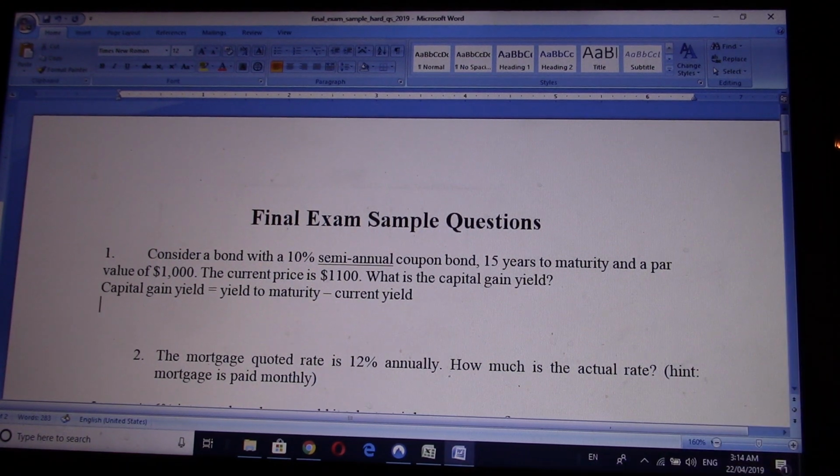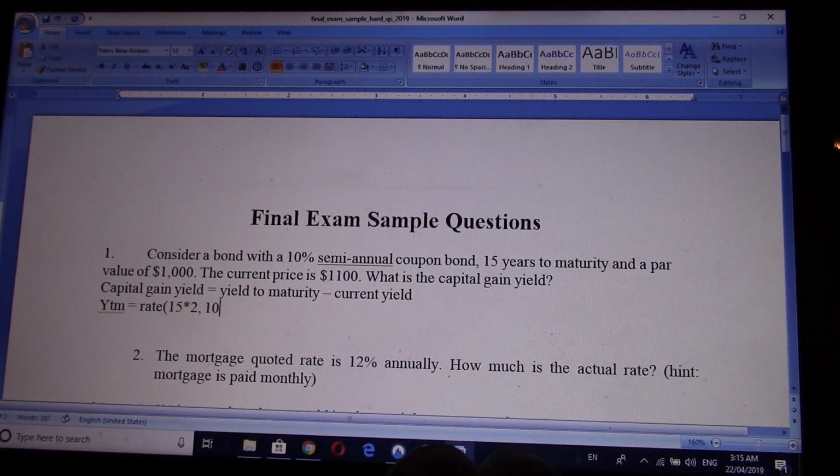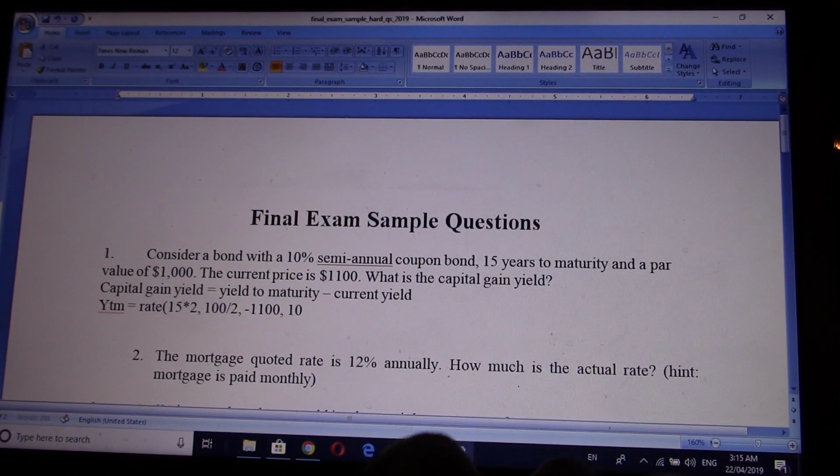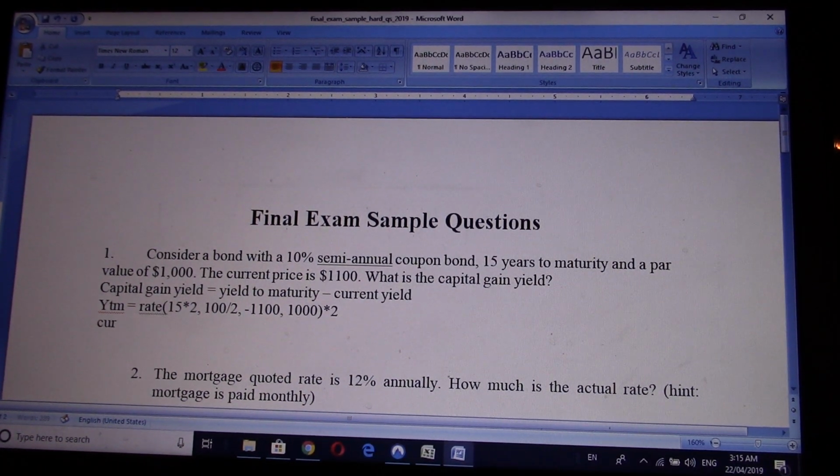So we know yield to maturity, YTM, it should be the rate function, right? So it should be 15 years. You can use the calculator or you can use Excel. 15 years, so the coupon is 10%, so it's a $100 coupon divided by 2 because it's semi-annual. And also the price should be negative, and par value, and remember you have to multiply by 2. That's yield to maturity. And then current yield